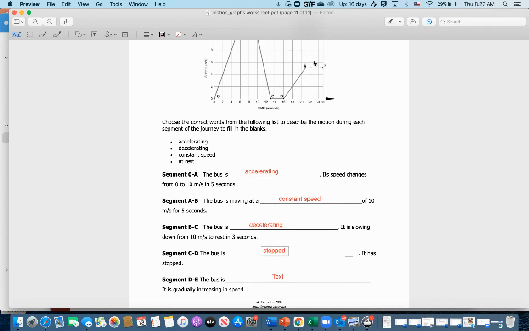And the last one here, D to E, I'm starting at 0. I end at about 5 meters per second. It's increasing. So this is accelerating. Okay, hopefully that makes a little sense. And you can go ahead